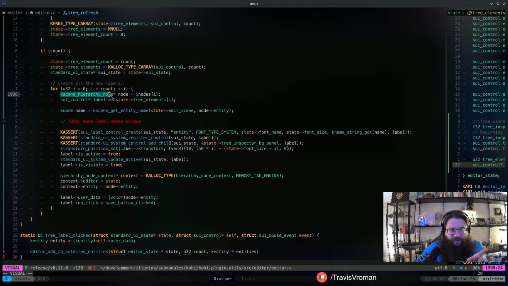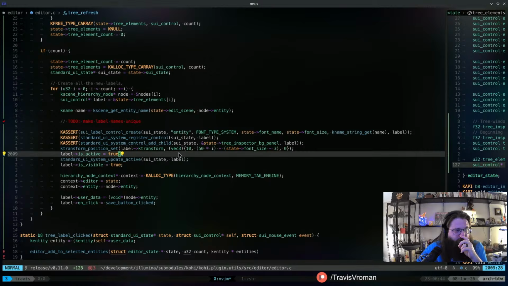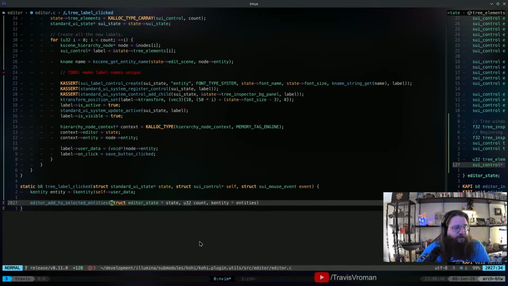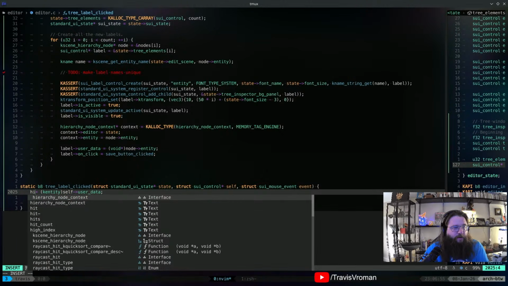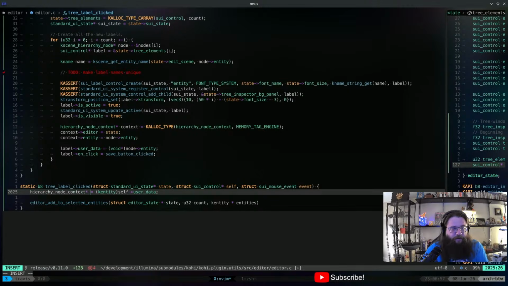Maybe we'll even pass this along. I haven't decided yet. So when we go to do that, what we're really going to have is a hierarchy node context, right? So we'll have that.